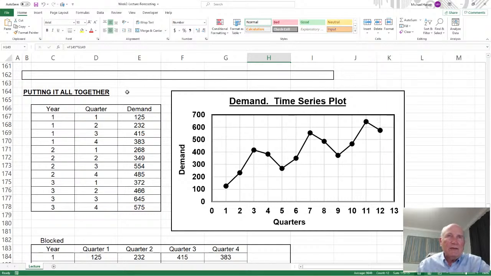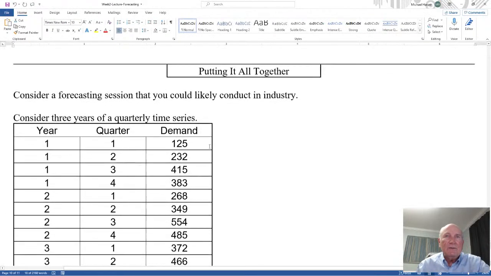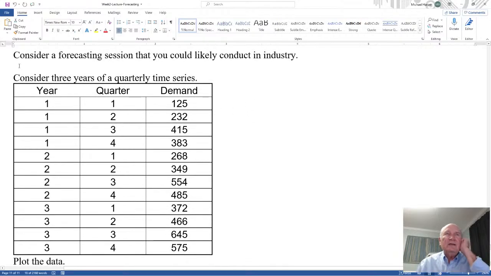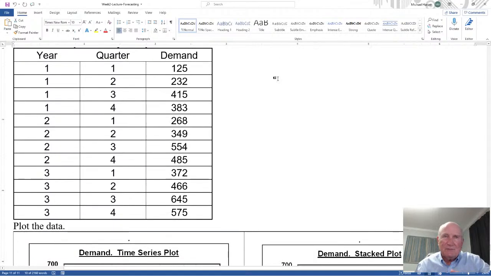Now putting it all together here, consider, now this is not in the textbook. I'm giving you this and showing you how to put all this together in a session. I call this a forecasting session that you could likely conduct in industry. Now, here's the takeaway, here's how you would do this: